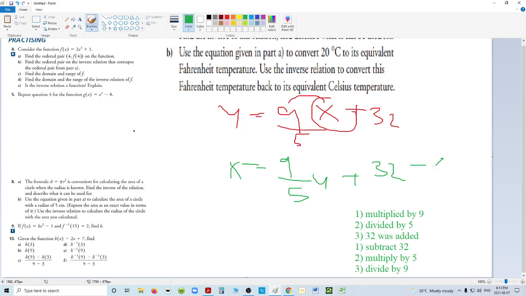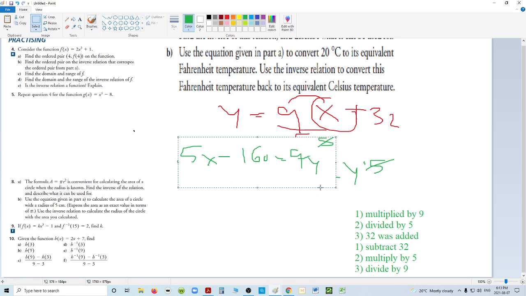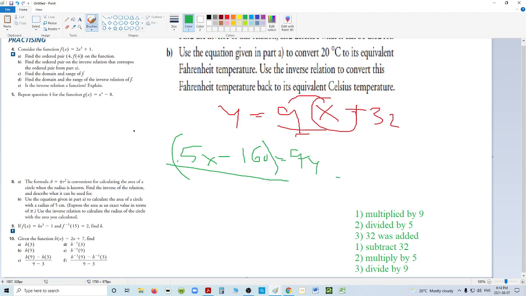So our first step is subtracting 32 from both sides, which means I'm left with x minus 32 on the left side, equals 9/5y. The next step says multiply both sides by 5. Remember to put this in brackets because the 5 must multiply both things. These cancel out. We get 5x minus 160 is equal to 9y. And then finally, step 3 of reverse BEDMAS is we have to divide everything by 9. Again, put this in brackets, divide it by 9, and divide this by 9. So this is going to cancel out, and we're left with y is equal to 5/9x